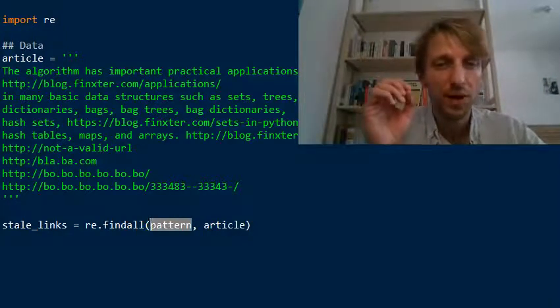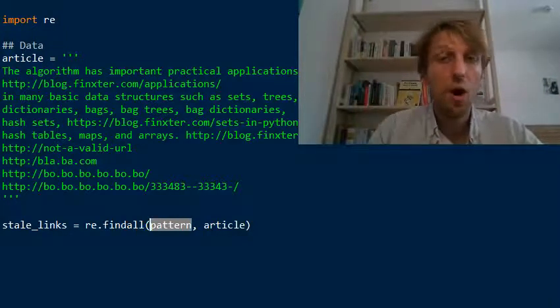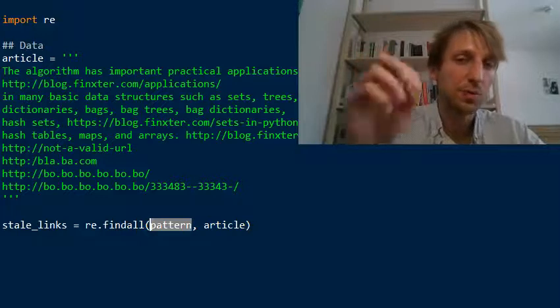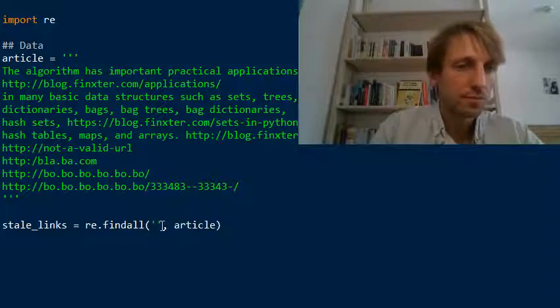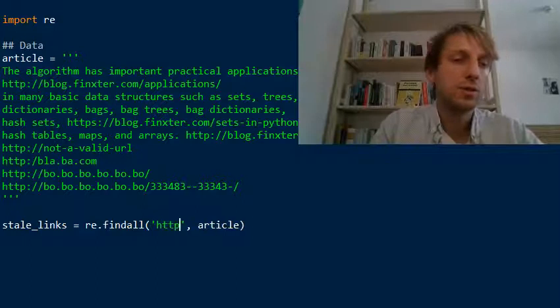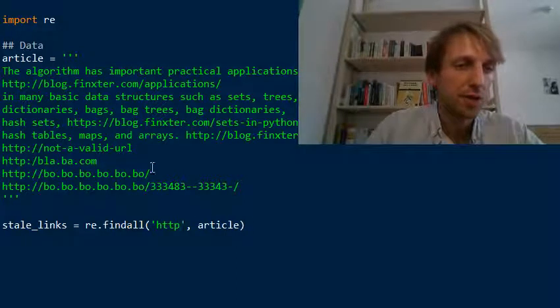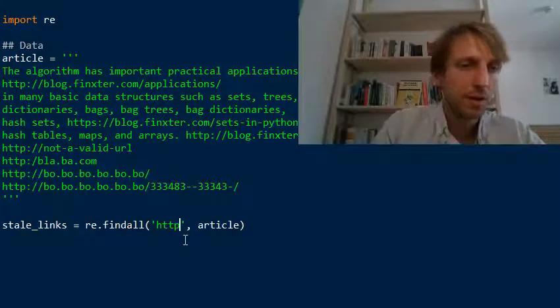So now we simply need to define the pattern of old or stale URLs that should be replaced with a newer one, with the HTTPS protocol. So how does it work? We define our pattern within a string and we use HTTP. So we first want to match an occurrence of HTTP: